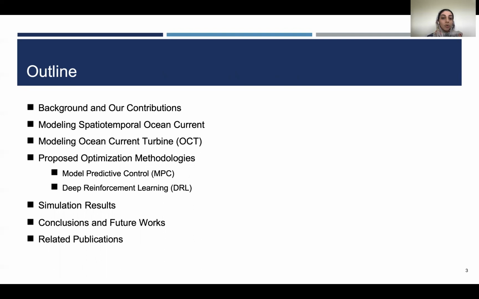I show you the formulation of our optimization problem to maximize the harnessed power from this system, which is solved through model predictive control and deep reinforcement learning, and then show you the simulation results obtained through these two algorithms, and finally conclude our presentation and show you the future works to continue this work and related publications